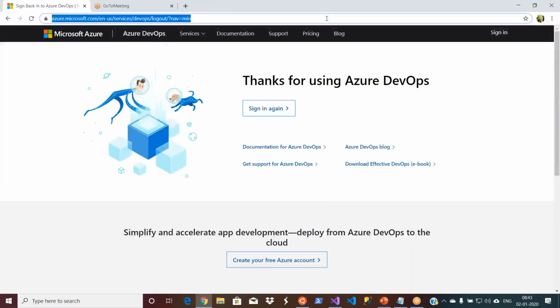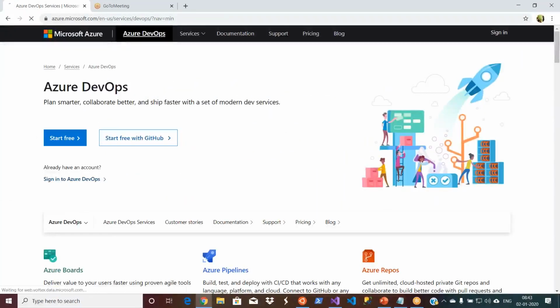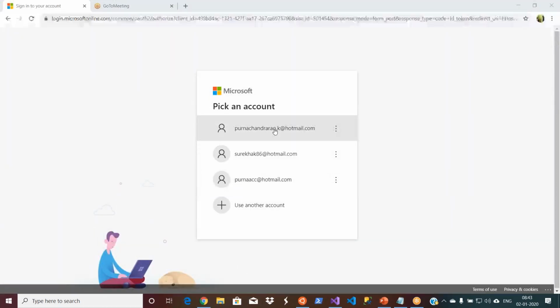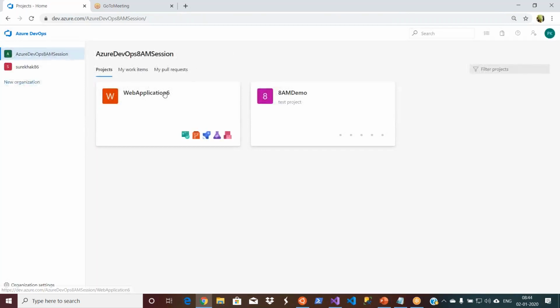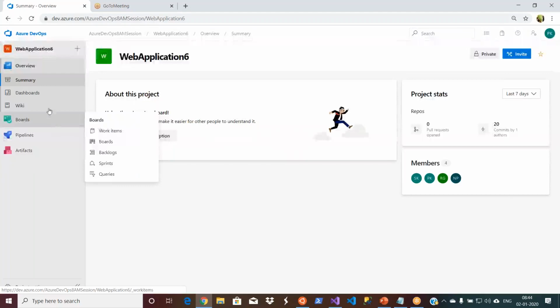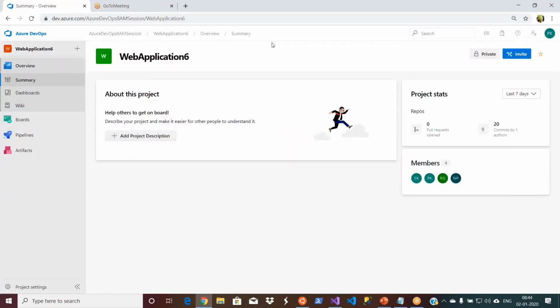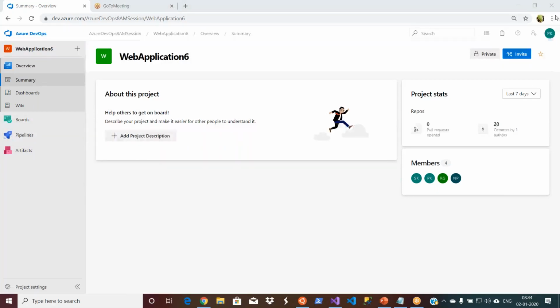Now say dev.azure.com. Let's sign in again. No, I'm not able to see still. There might be some issue. Okay, we'll figure it out.